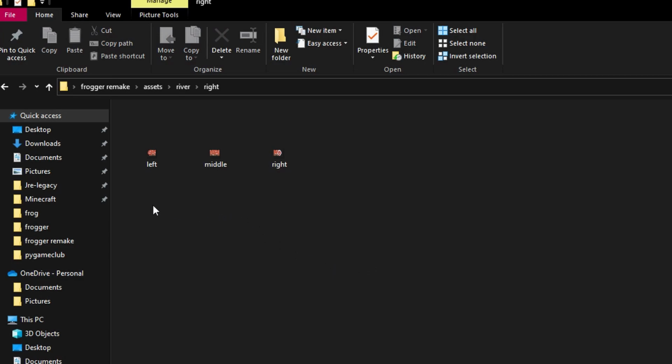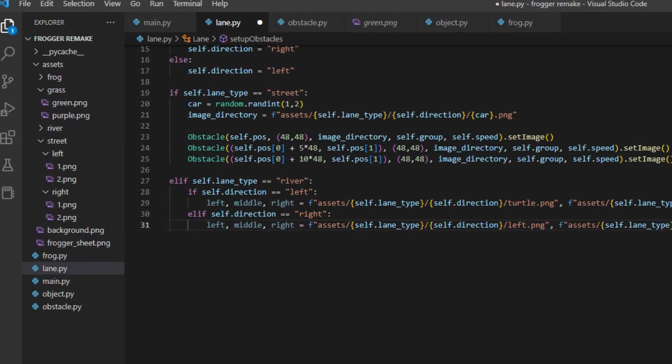You can see inside of our assets folder, there's 3 different images for the log, and this creates a group of 3 images that create an entire log. For the turtles, it's just the turtle copy and pasted 3 times, so it doesn't need to be connected in any way. Now that we have all 3 of these image directories,